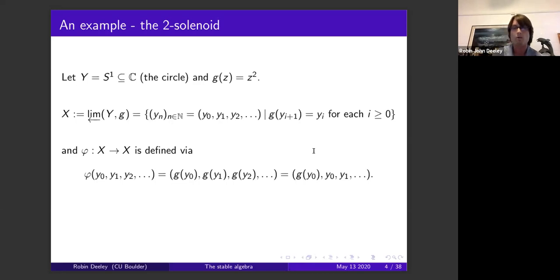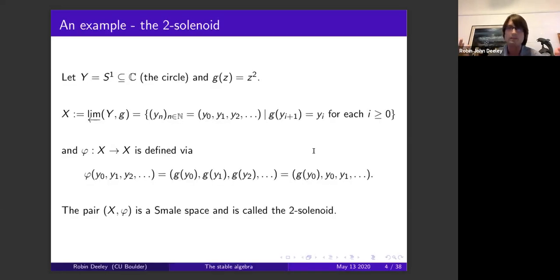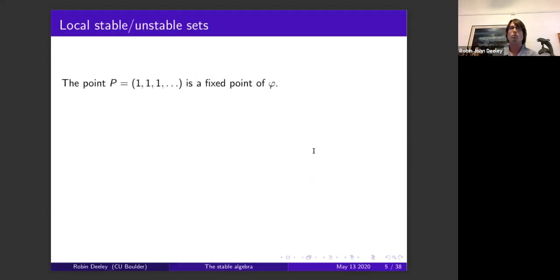Okay, now this happens to be a Smale space. It's called the two-solenoid, and it will be the example we're going to start with to try to understand these objects and what Alan and I did. Okay, so we're going to look at a fixed point. The fixed point is just 1, 1, 1, etc. And I'm going to describe what the local stable and unstable sets are in this case, just so we have a feel for how these sort of break up into those